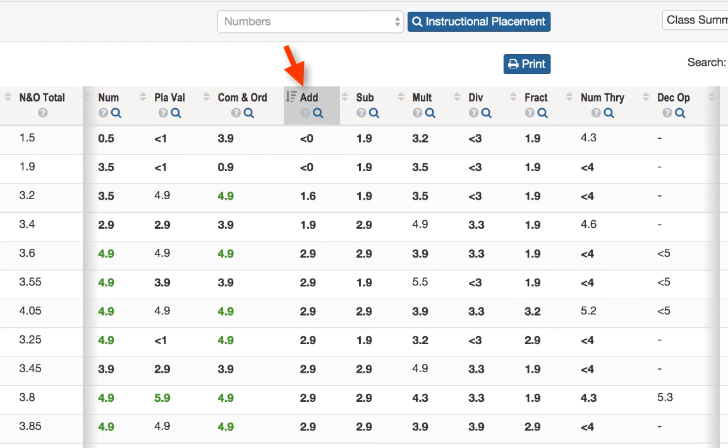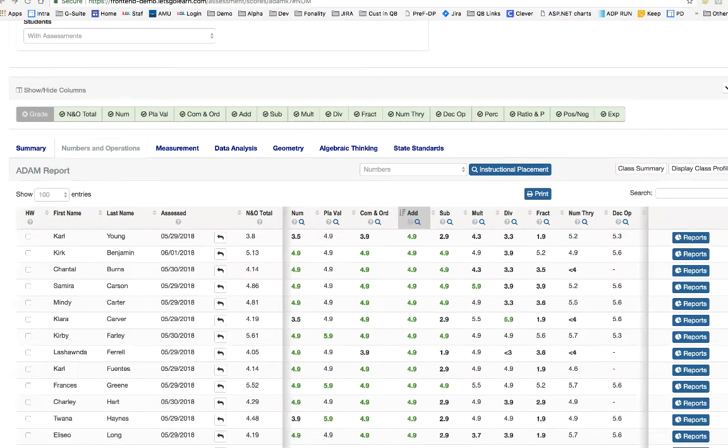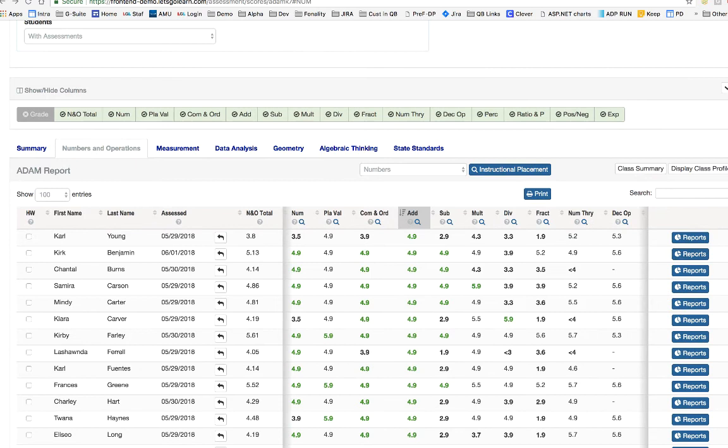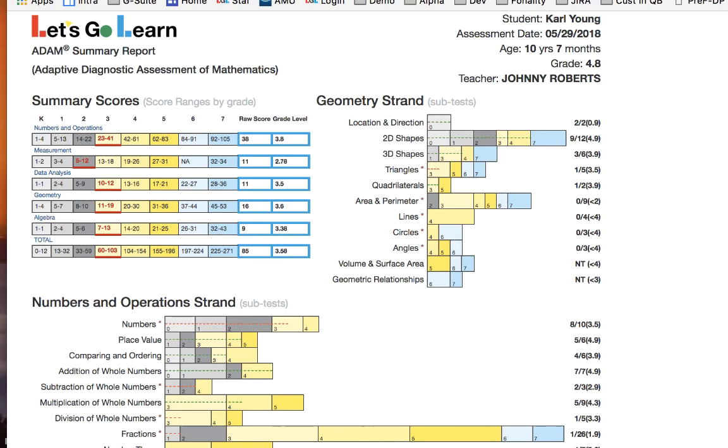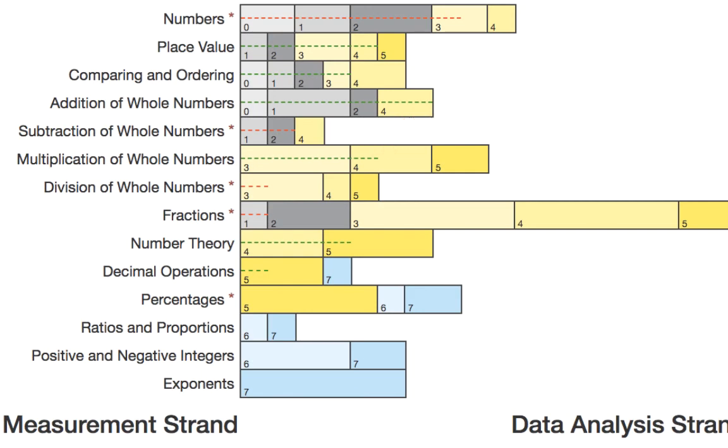Okay. Now let's take a look at some individual student reports. So if I go ahead and look at Carl, I can look at the summary report. This summary report really is just telling me how the student is doing in each of the subtests. Their bar right here, if we look at multiplication, the green bar on top of the larger bar tells me that Carl is about a low 4th grade, but multiplication of whole numbers goes all the way up through 5th